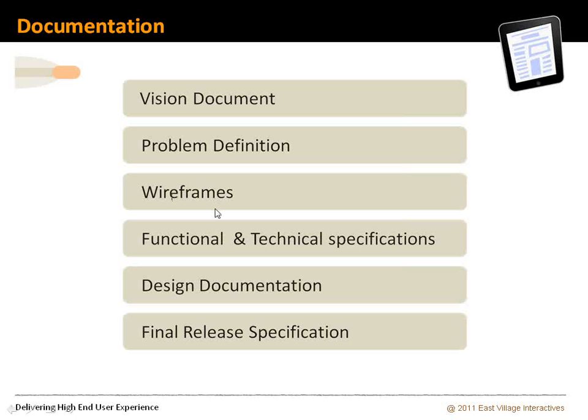Wireframes, like I said, they define page-to-page event of the product, so a detailed wireframing is always recommended. Wireframes and functional and technical specifications are sometimes combined in a lot of user experience processes where the screens are combined with what the screen is supposed to perform. In a lot of companies it is done separately as well, where functional and technical specifications explain what are the requirements in a particular phase of a product development cycle.